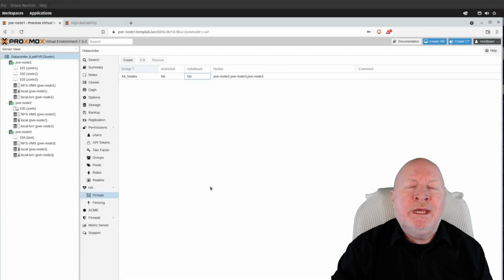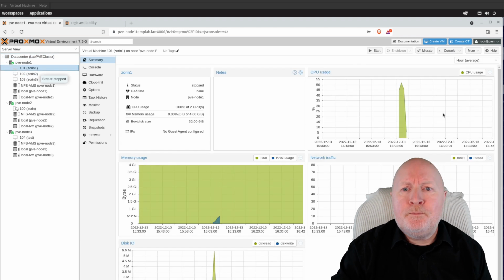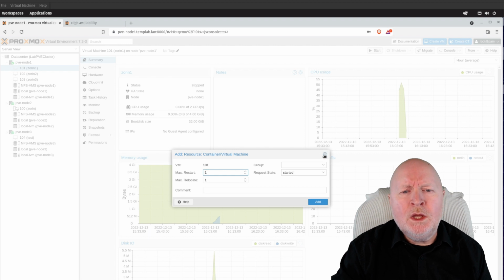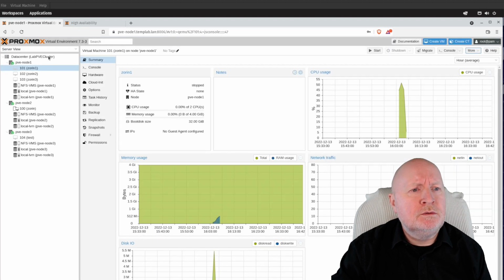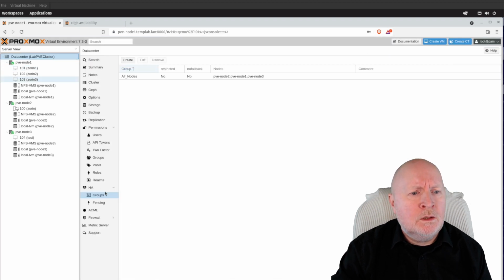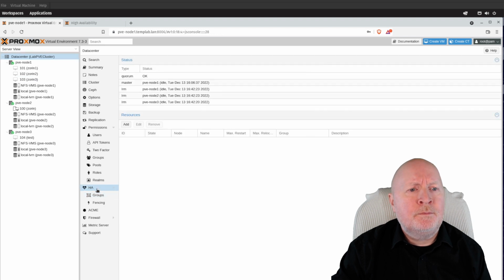Well, now that we've got a group created, we can start setting up high availability for our virtual machines. And this is done on a per virtual machine basis. And there are actually 2 different ways that we can do this within Proxmox VE. One option is to pick a virtual machine and then click on the More drop-down menu and select Manage HA. Another option is to go to Data Center, go to HA, and then under here where it says Resources,